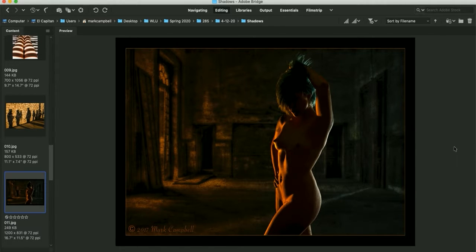Shadow can sometimes, and I apologize, I hope no one's offended by this, I just tend to shoot a lot of this kind of stuff. Shadows can be, how do I want to say,